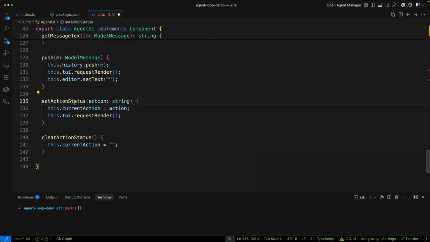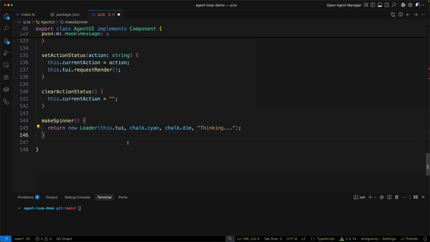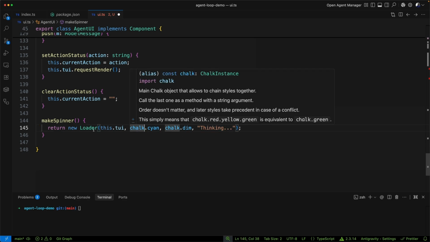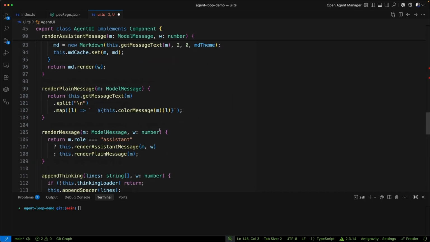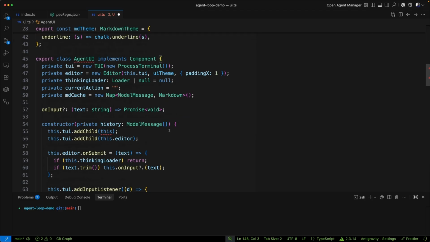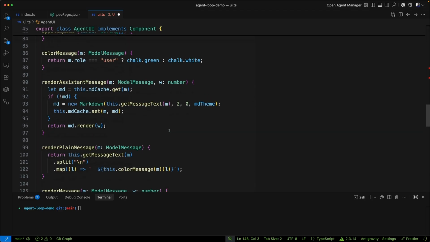Then very simple functions, set action status. We're going to take in the action, set our current action of that, request a re-render, and then we've got a clear action, which just clears that out. We've got this make spinner guy, which is really just spinning up this loader component, adding the text of thinking to it. These colors here are, if I remember correctly, well, let's just see, they are the spinner color and the message color. Okay, so most of this is all just helpers to push information into the history and